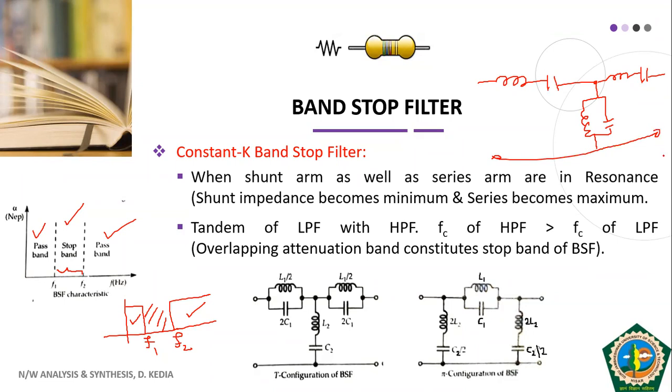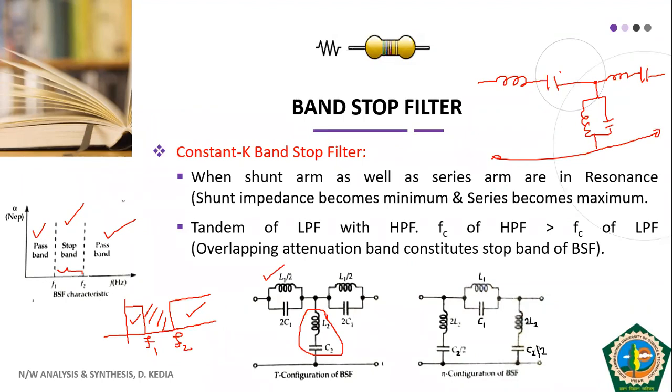Okay, now dual of band pass filter is band stop filter. So in series arm, in case of band stop filter, we have L and C in parallel. You see carefully the T section of band stop filter here, L and C in parallel. And in the shunt arm we have L and C in series. So that way if you remember the circuit of band pass filter, it is easy to draw the circuit of band stop filter of the type constant K. I hope this thing is clear to everybody.